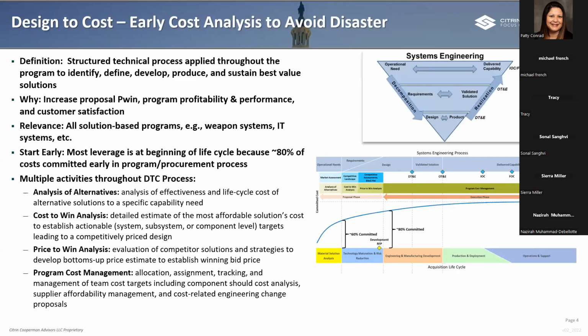Okay, so what's this all about? Design to cost is really a common sense sort of approach to systems engineering. If you're an engineer, if you've been running around systems engineering at all, this is what they call the systems engineering V, which I won't bore you with a lot of details on, but basically it's the front end of a project all the way through design and production and operations and maintenance of a system. And if you're going to write a proposal for a complex solution kind of project,